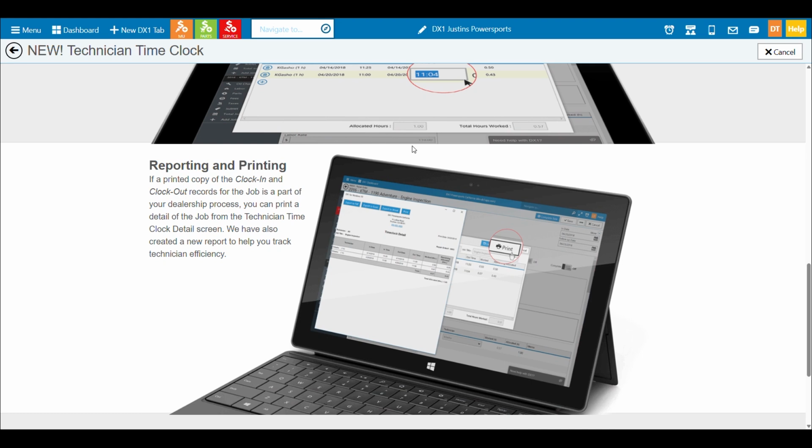In particular, we have the wasted time report in service, and this works well if you're using the dealership time clock as well because it will tell you exactly what their wasted time was. And wasted time is an automotive term where they're looking at, hey, you clocked in, I'm paying you for 8 hours. You only clocked in for 6 hours of jobs. What did you do with the other two? Things like that. So you can not only use the technician time clock, but you can use that in conjunction with the dealership time clock to get even better reporting.